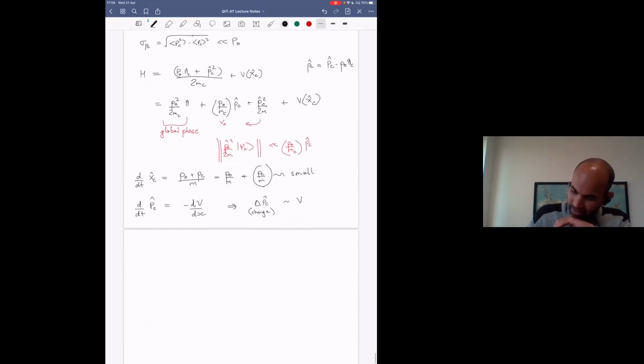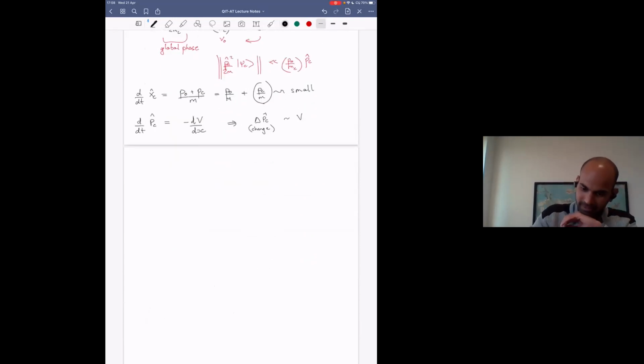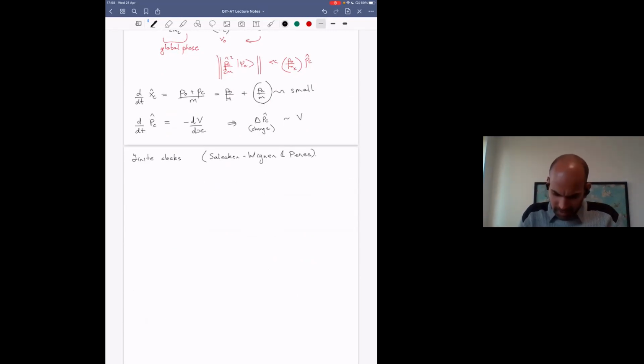All right. So the next way of looking at the clocks, and this is the one which we will discuss in the next lecture as well, is via finite clocks. And we will use Salecker-Wigner and Peres. So I think it's about in the 1940s somewhere, so a long time ago, right when quantum mechanics was